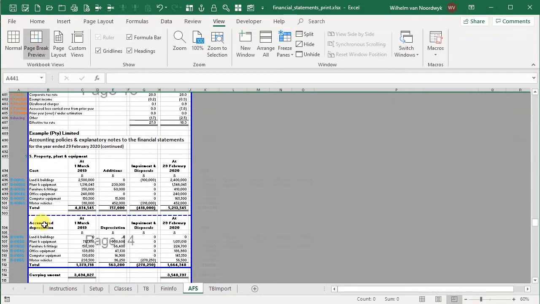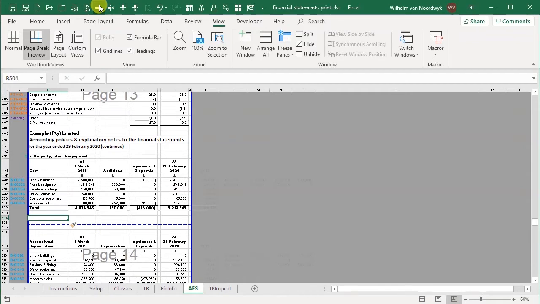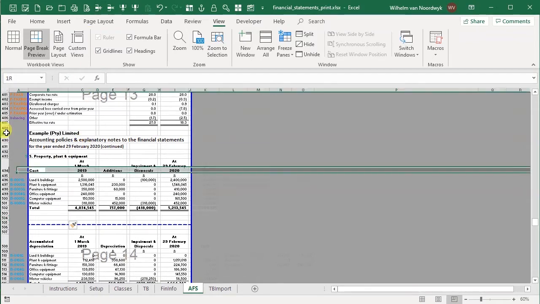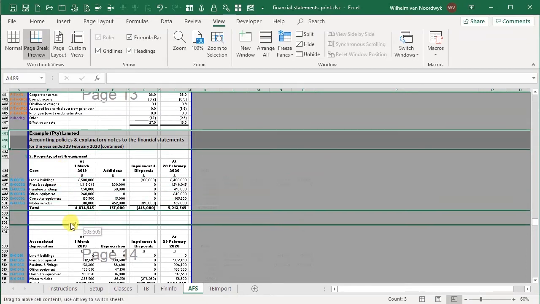Both sections won't fit, judging by where the dotted line is. That's a page heading which we will need to move. So I'm gonna just go and insert 4 lines, 1, 2, 3, 4, and then select the page heading, the entire rows, move it down,